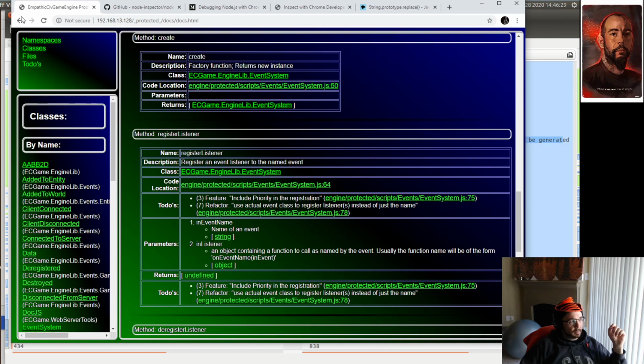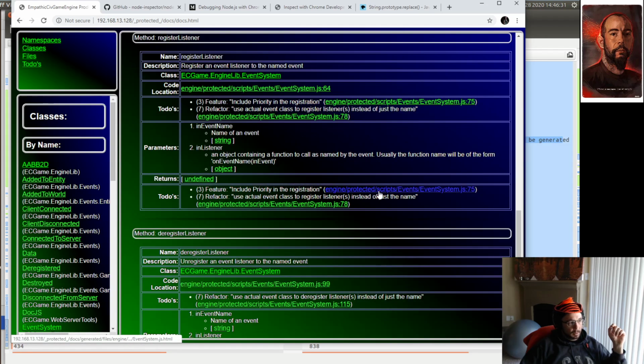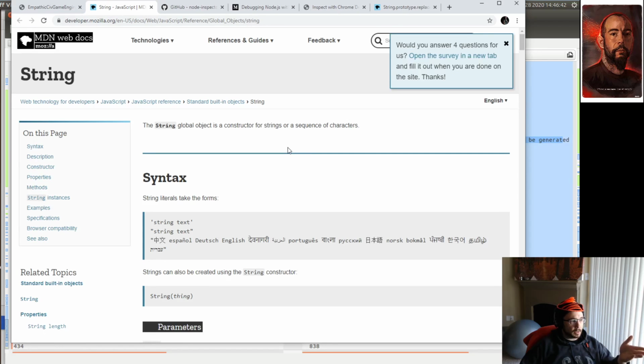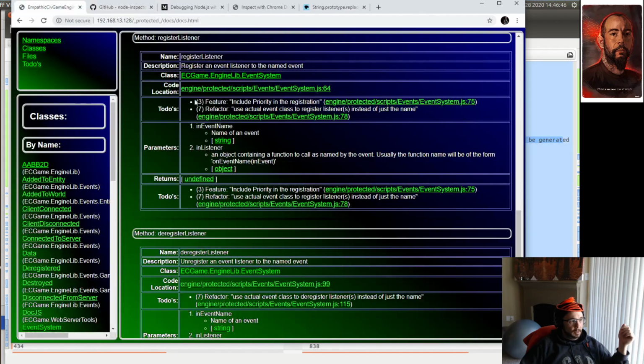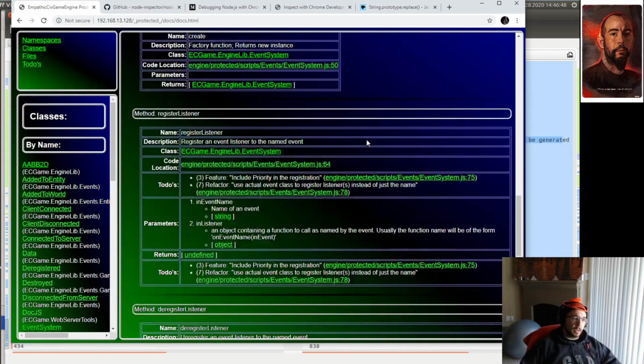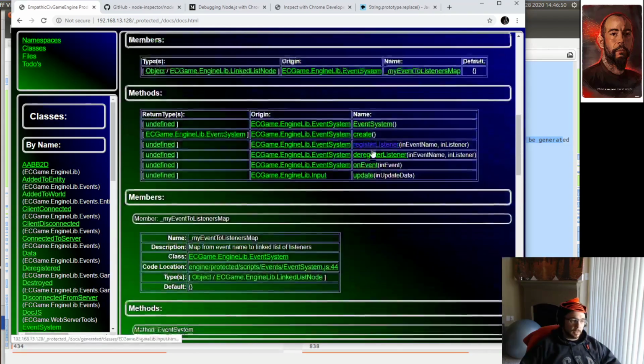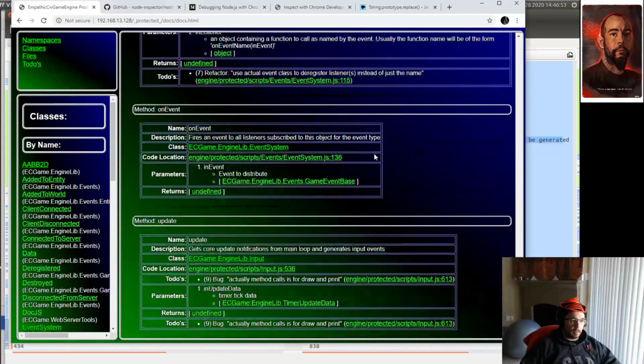So for example, actually let's pick a more interesting one. This register listener. As we can see, this has to-dos in it. It knows what parameters there are, which you can then link. And this is what I was saying about how it links to the proper MDN documentation. So basically, in the long run, once everything in the engine is documented, it will be much easier to